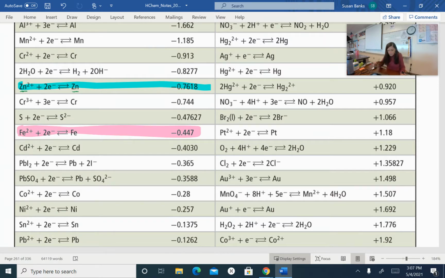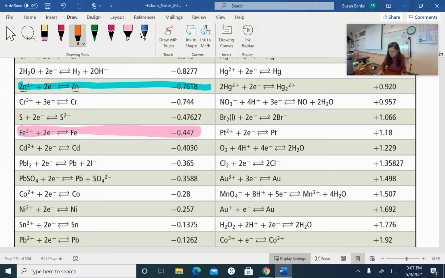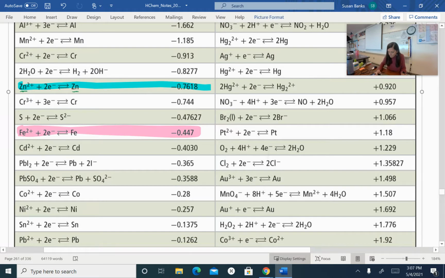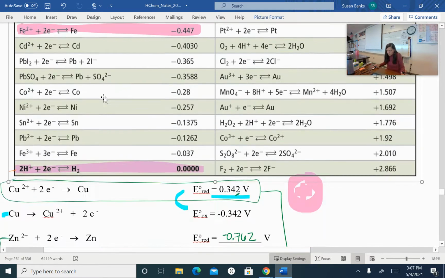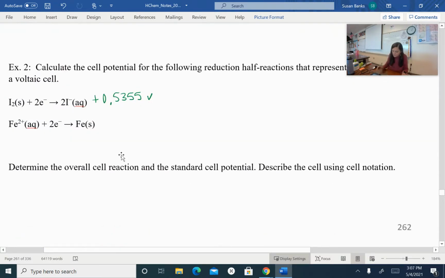Okay, so iron plus 2 going to solid iron is a negative 0.447. Okay, this will give me a negative 0.447 volts. Okay, now if you realize these are both written as reductions,